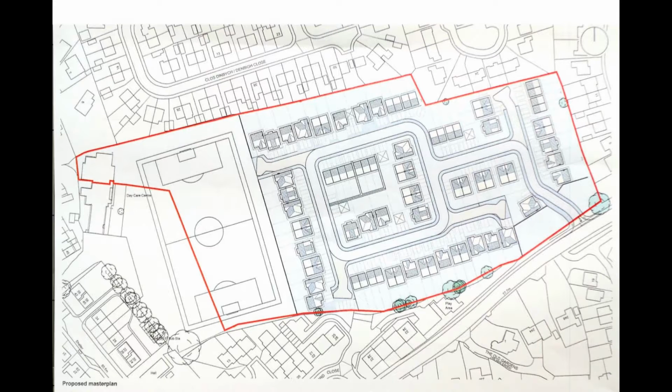That currently has a playing pitch, a football pitch. We'll retain that, we will improve it and put it over on the western side of that particular site, and the remainder of that site on Dean Road, Holt Road will be disposed of with outline planning permission for housing, which will blend in with all the other residential development in that area and be in keeping with the character of that residential area. And similarly,